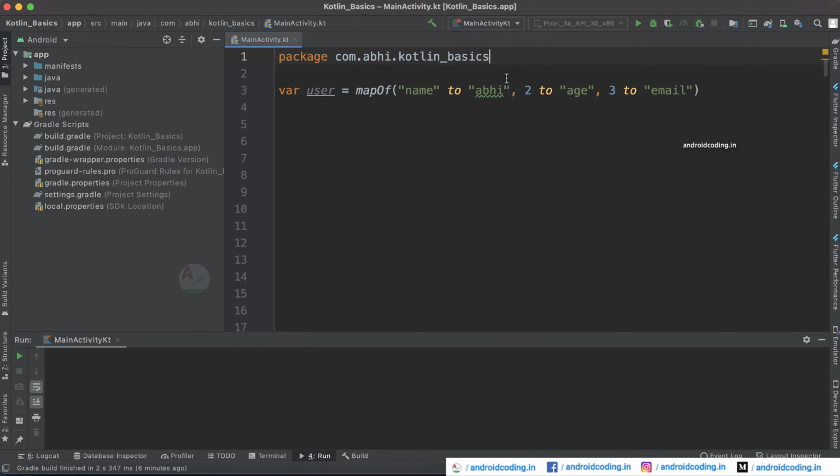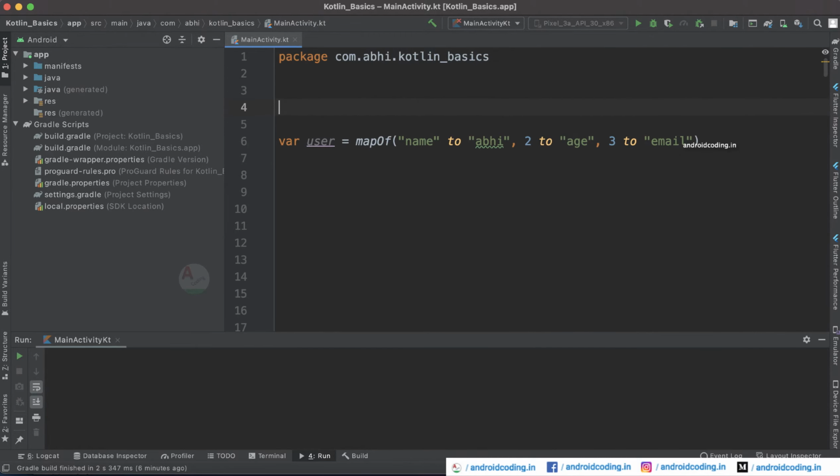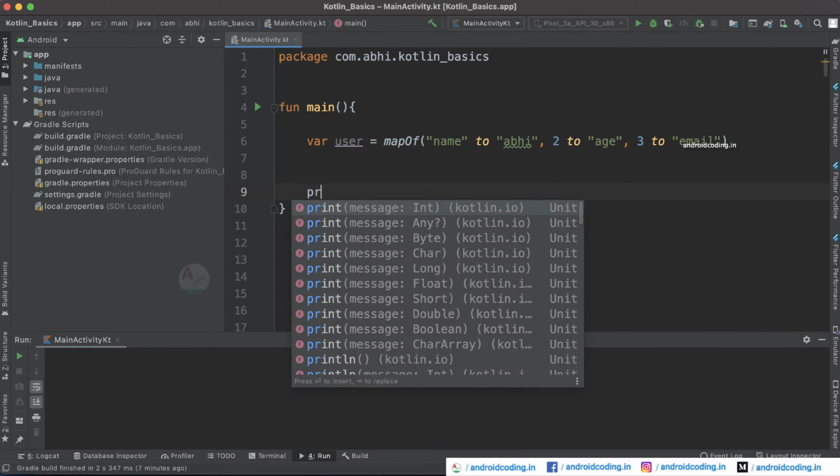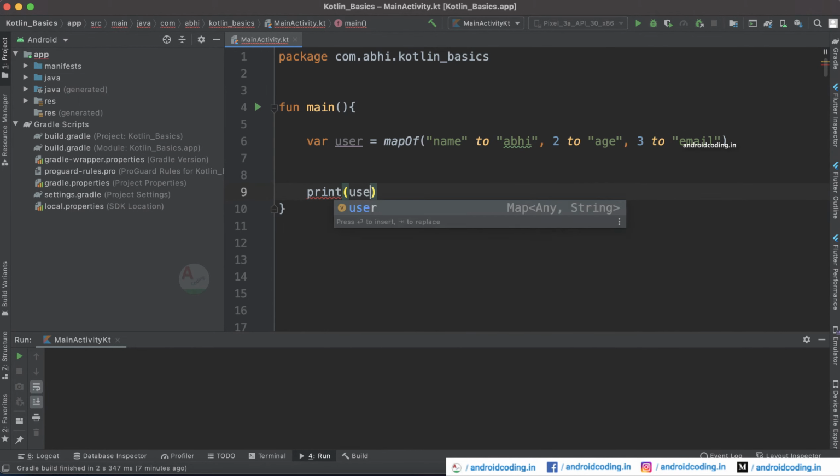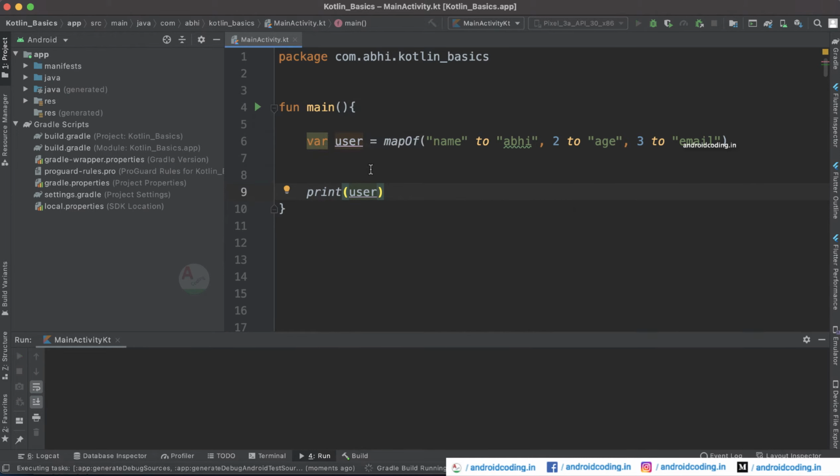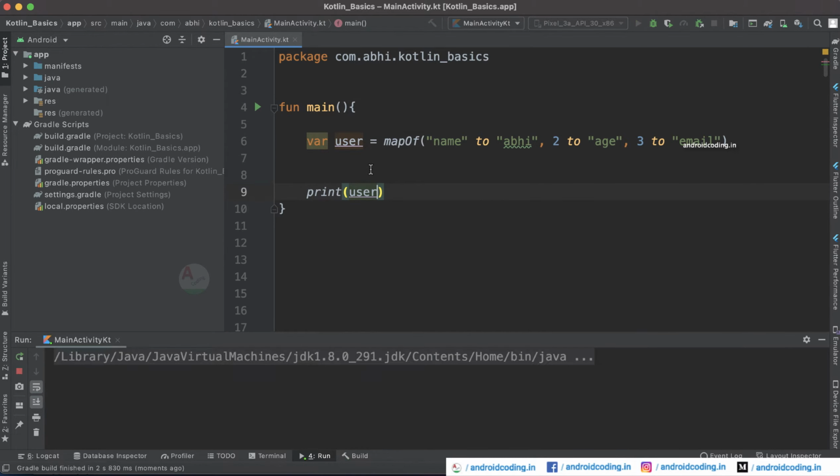Now let's try to print this. For which let us consider the main method and wrap this inside it, and provide a print statement and try to print the user. Now let us see the output, how a map looks like.